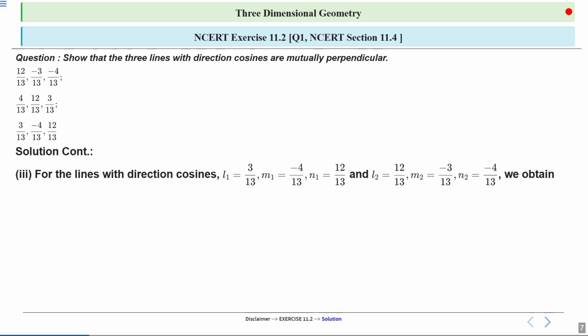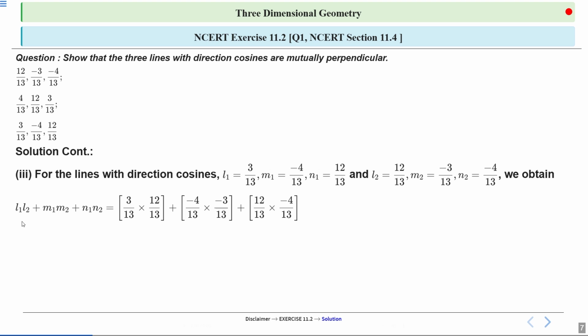So let's write out the solution. Here for the lines with direction cosines L1 equals 3 over 13, M1 equals minus 4 over 13, N1 equals 12 over 13 and L2 equals 12 over 13, M2 equals minus 3 over 13 and N2 equals minus 4 over 13, we obtain by substituting these values into the perpendicularity condition, L1 times L2 plus M1 times M2